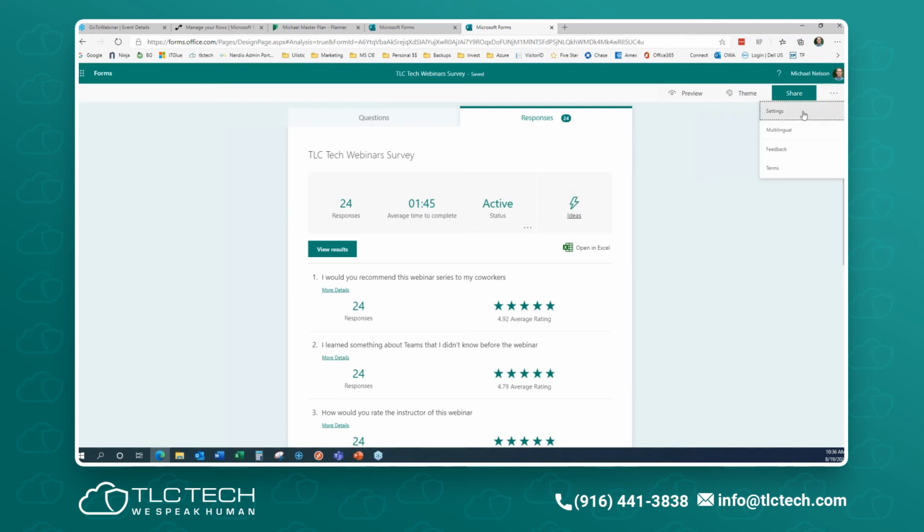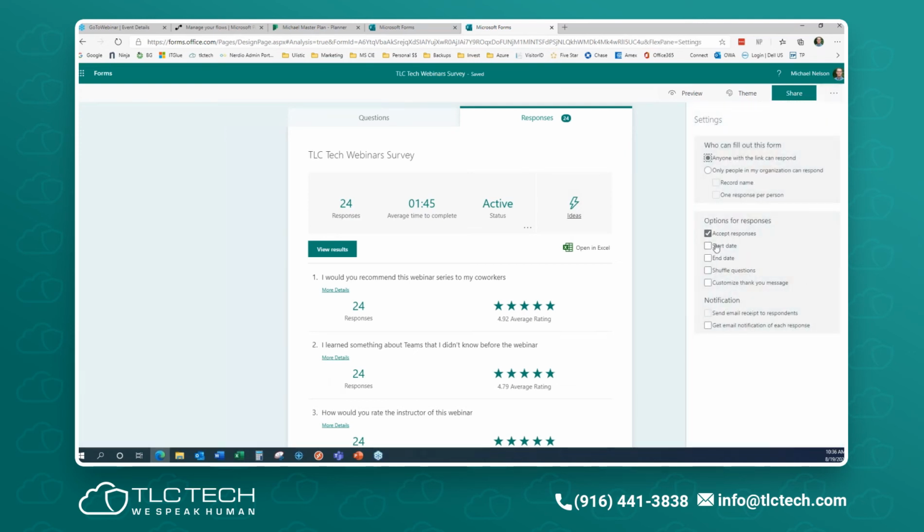So that would start accepting answers again. So I'm going to go ahead and go back to my settings. Now, I can also say only accept responses between start and stop dates. That's another way that you can do it. You can say it still has to accept responses, then you can do a start and an end date, so that it can only be answered within that particular time window. You can also shuffle the questions. You can also send a customized thank you message. That's again if you have their email address. You can also be notified on each response you get.